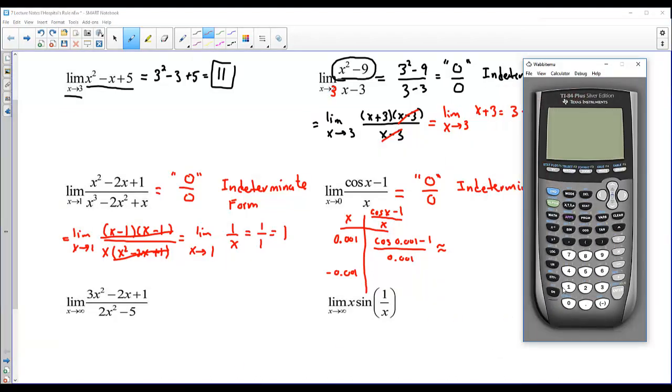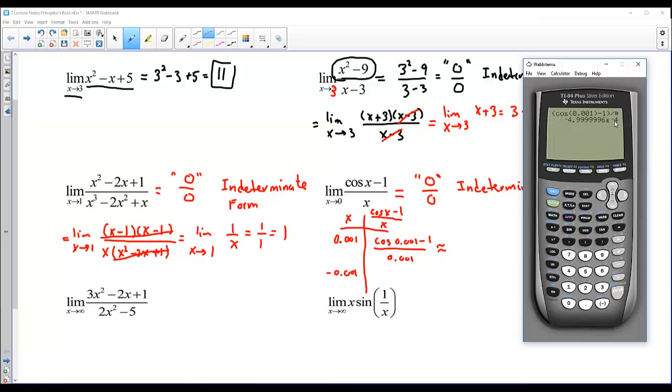So let's check it on here. So hopefully you remember doing some of this stuff. We'll do left parenthesis cosine. Oh, I better make sure I'm in radians. So I am in radians. So cosine of 0.001 in parenthesis, and then take away 1 in parenthesis. And then we're going to divide by 0.001. Hit enter, and out pops a number, negative